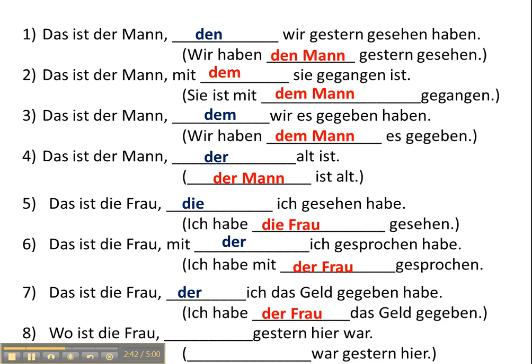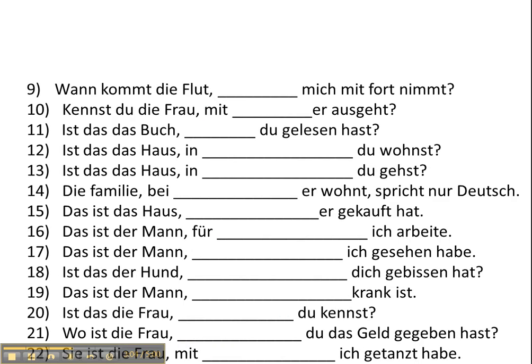This sentence is going to be dative because the lady is playing the role of the indirect object in the second clause. "Wo ist die Frau?" "Die Frau war gestern hier," so "Wo ist die Frau, die gestern hier war?" So I hope this helps you to break it down a little better so that you can see it in more detail. Whereas in these examples, I've not done that. So I'm going to give you a second where you can stop the tape and then try that on your own. But hier kommen die Antworten.